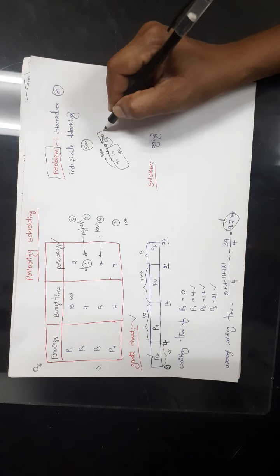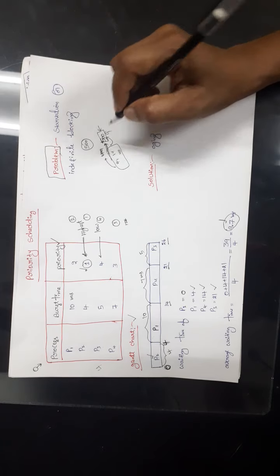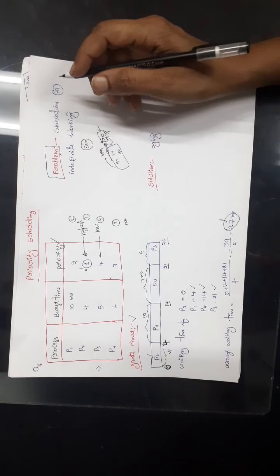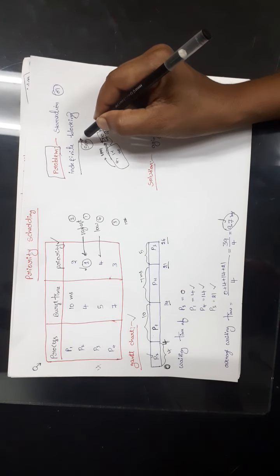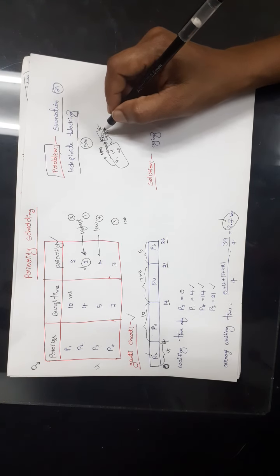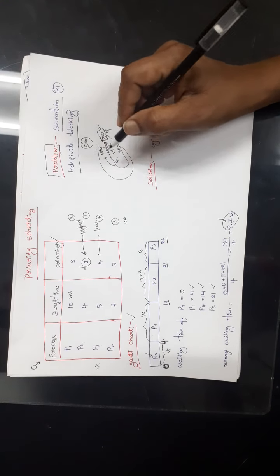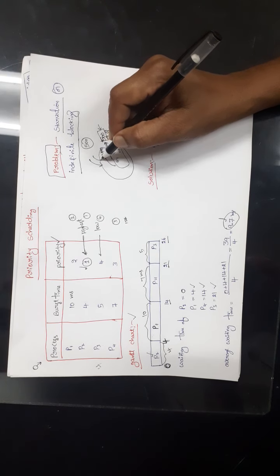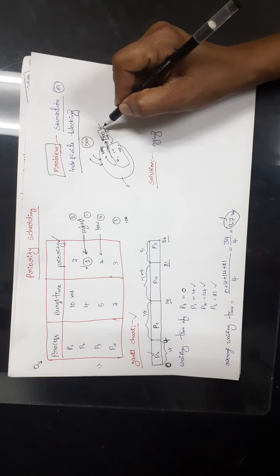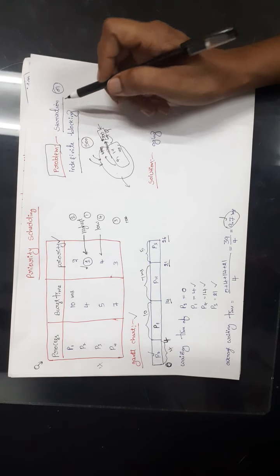Now this process which has the priority 500 will not get the chance, right? So it should wait indefinitely. There is no limit, right? So it should wait for a long period of time. That is called indefinite blocking, or we can call it starvation. That means we are not giving the CPU to this process. We are giving the CPU to only high priority processes. Continuously, high priority processes are entering the queue and they are getting the chance, they are executing, they are finishing their turn, but this process will not get the chance, right? So this problem is called indefinite blocking, or starvation.